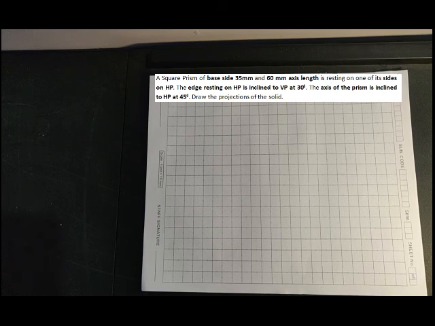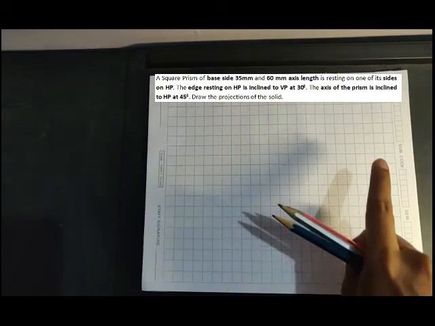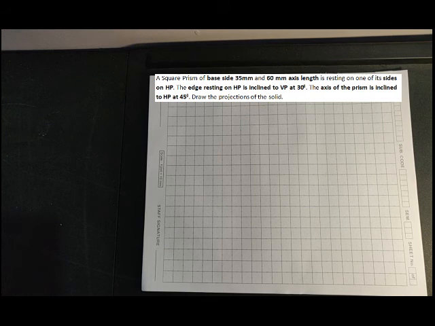So you had seen how the front and top views of a prism are obtained, especially a square prism, and later on we saw how a pentagonal prism is projected onto the vertical plane and horizontal plane. Here on the top you can see a simple problem, which is a square prism having 35 mm sides of base. We'll solve the first problem on the square prism, and later we'll see how to solve pentagonal and hexagonal prisms.